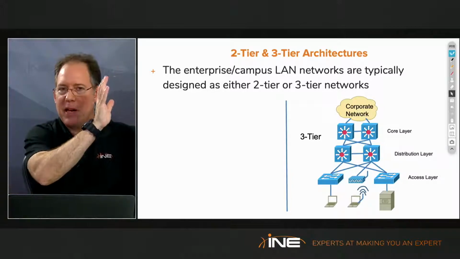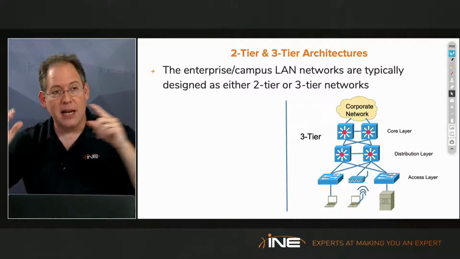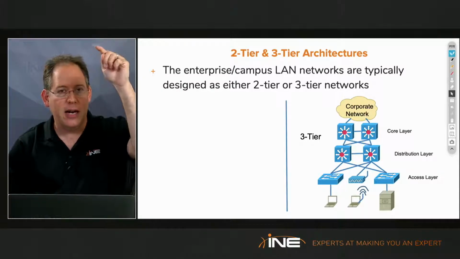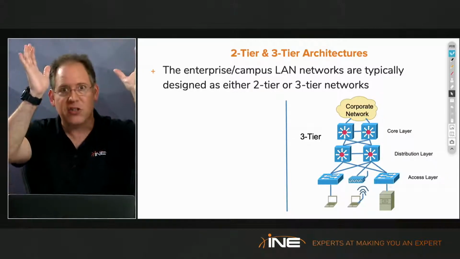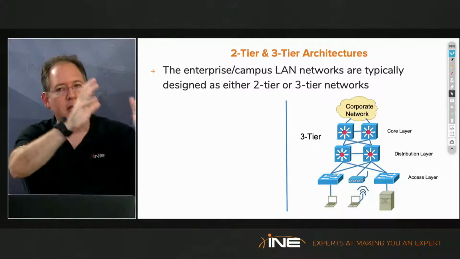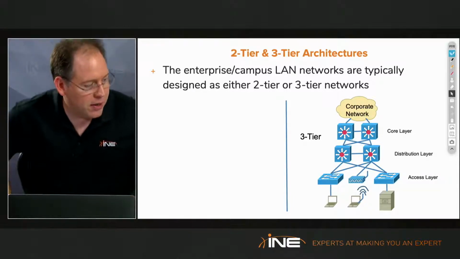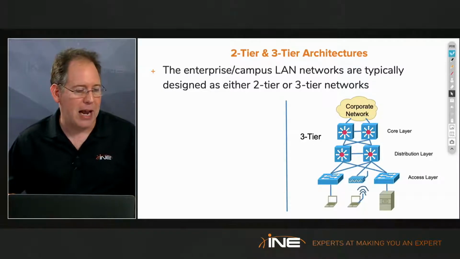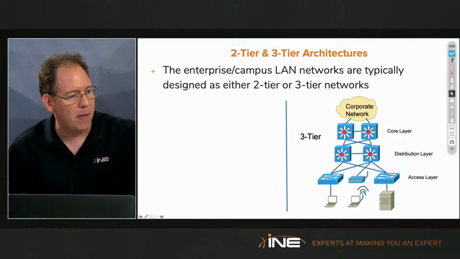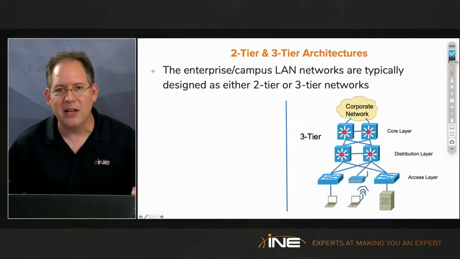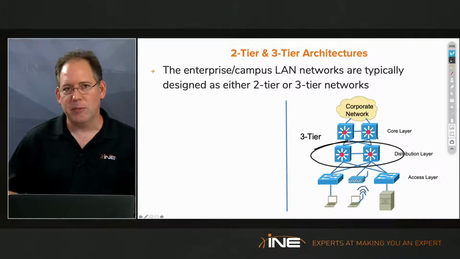However, if anybody in building A needs to send data to another group that's in building B, now we send it all the way up to the core layer, and the core layer is responsible for super fast switching of data from one major section of the network, like a building, to another major section of the network, like another building. So the data should not be slowed down at all in the core layer. The idea behind this three-layer or three-tier model is that if there's going to be any delay in the data,